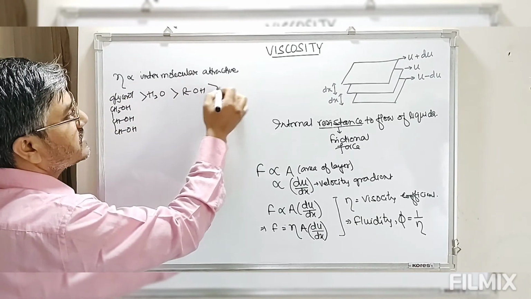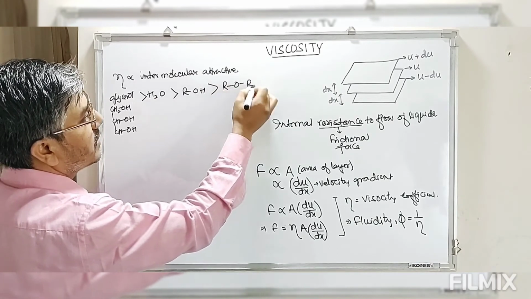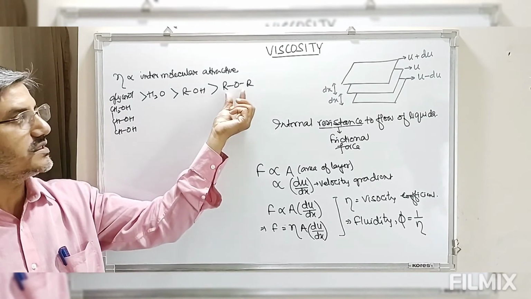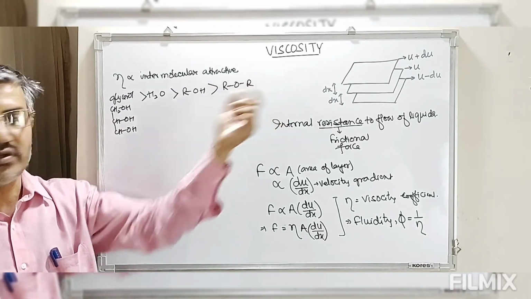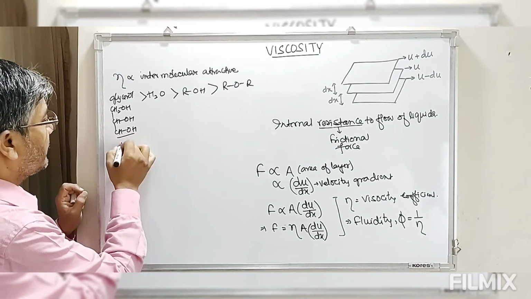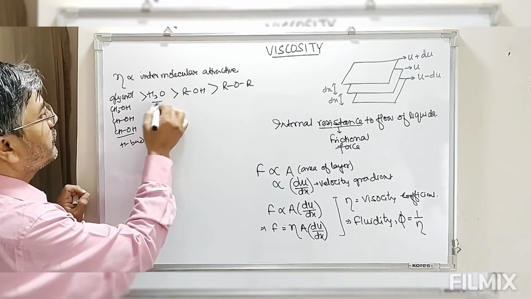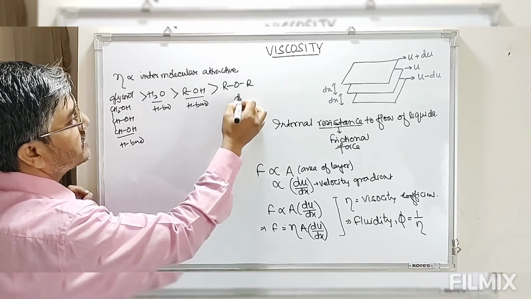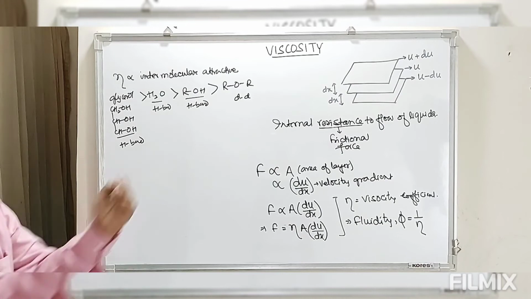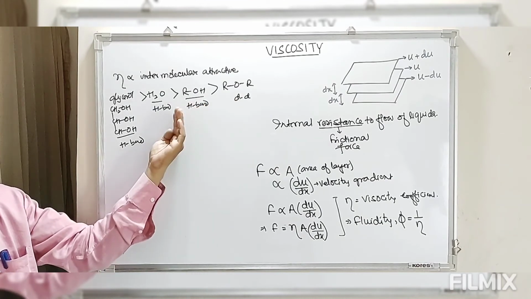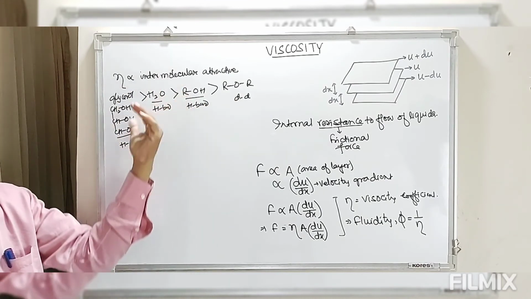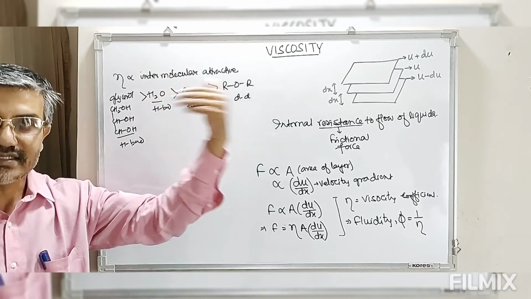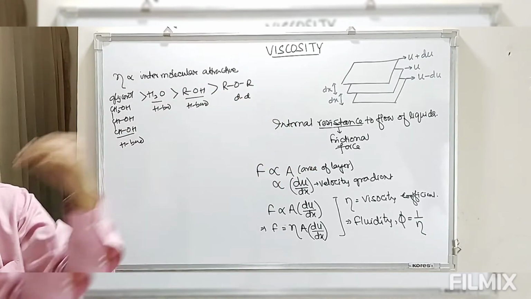Now let's compare with ether, ROR. This ether does not have any hydrogen which can be involved in hydrogen bond, but this is a polar molecule, so we have dipole-dipole interaction. So in all the other cases we have hydrogen bond, but here we have the dipole-dipole type. So as the strength of hydrogen bond increases, this coefficient of viscosity also increases, means the viscosity increases or the resistance to flow of liquid also increases.